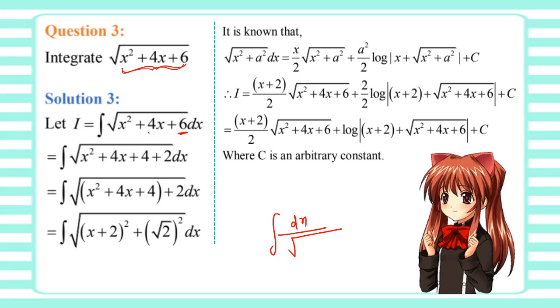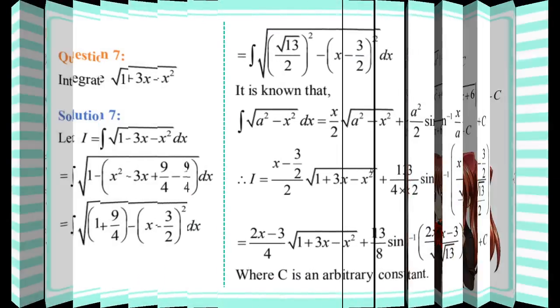then square. First of all, what is the coefficient? 4. Then what is the half of it? 2. And then square of that thing, which is 4. You can add 4, you can subtract 4, but here I can see if I split 6, I can write down as 4 plus 2, then it can work. So this thing, x square plus 4x plus 4 will be the formula of x plus 2 whole square plus 2 can be written as root 2 whole square. So this is x square plus a square.